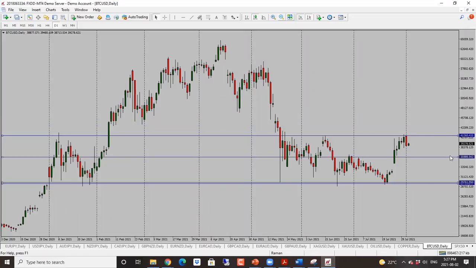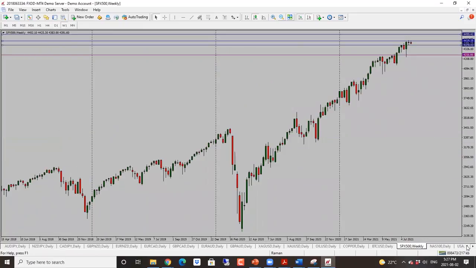Bitcoin here, Bitcoin had a nice run over the last few days. However, we have a big bounce off of the resistance level here, bearish engulfing candle. So this looks bearish. Next target is 36,575. So bearish bias for Bitcoin. S&P 500 is struggling here right into the resistance. Very, very small candle close, so we'll have to be careful with this one here. Neutral to slightly bearish bias, and 4250 is the target level for S&P 500.